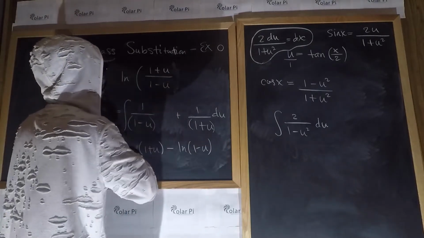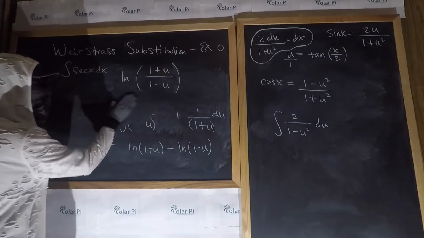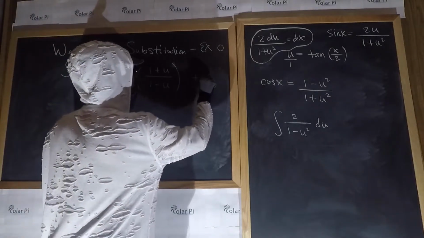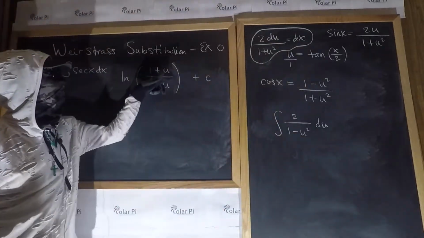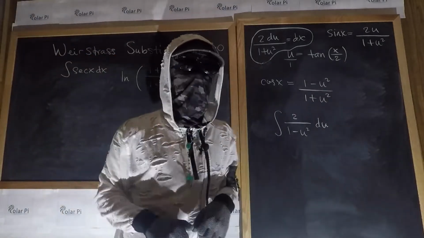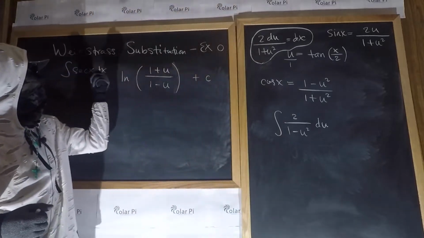Okay, so we're ready to say that we have solved this integral other than our plus C, just recalling that u is equal to tan of x over 2. So if I put tan of x over 2 in place of this u and this u, I am done with the Weierstrass substitution. But wait, I said that I already showed you how to do the integral of sec x